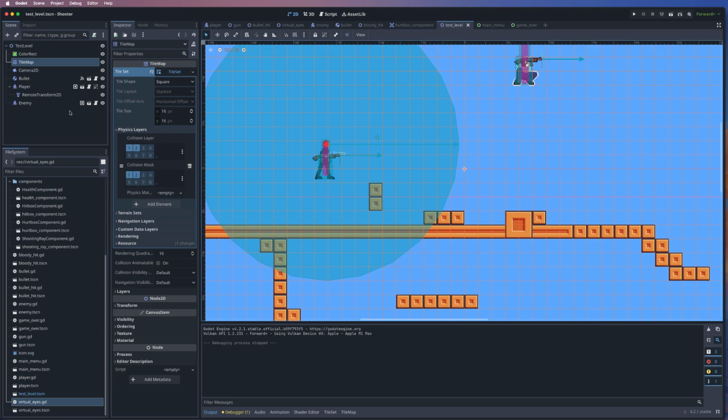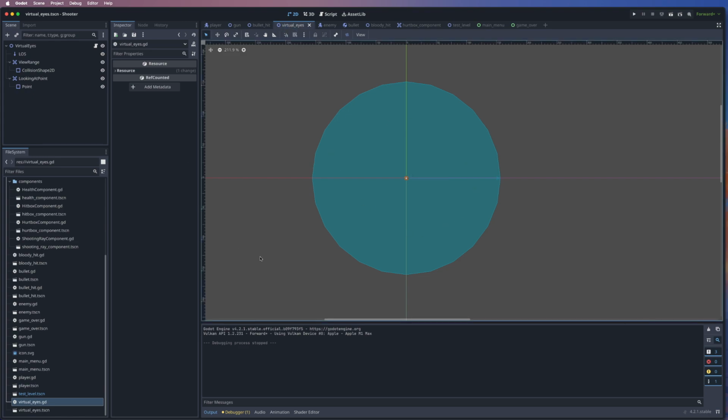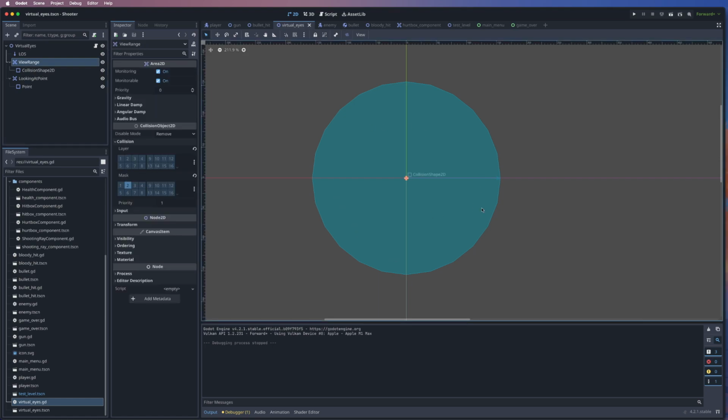So the component that I created, I wanted something reusable that gives any enemy the ability to see. So in my case here it is going to be a shooter. So every enemy has a head and has eyes on its head and also has a weapon. So the shooting mechanism is decoupled from the seeing mechanism. So I created a component called virtual eyes, which is basically this, which has the view range, which is a big circle. So anything that comes inside the view range will trigger